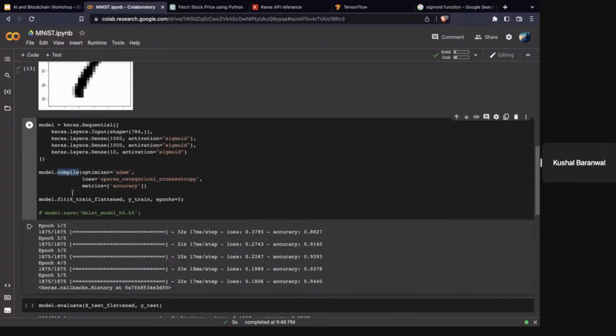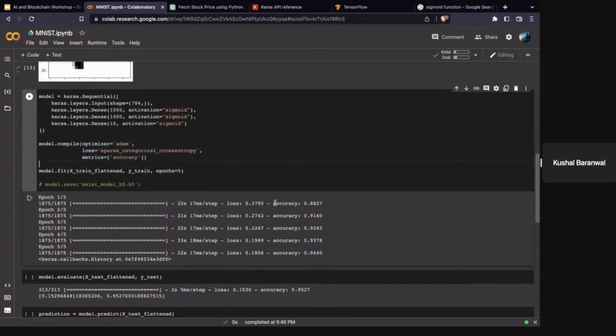Then basically here, all you're doing is compiling it with a bunch of different stuff. First off, metrics, which is easiest to explain. When you're training the epochs, I like to see the accuracy, just so you can see how good the model is. In this case, it would be like 94.4%. Now the loss function is trying to minimize this value, like loss 0.3795. Try to make that as small as possible, because this is essentially how bad your neural network is.